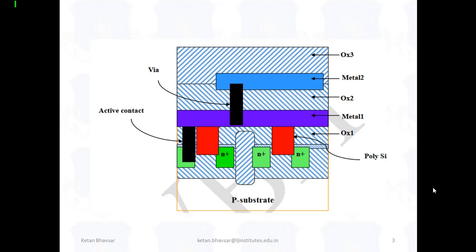Now, as you can see, it's a 3D view of our fabrication technology when we are talking about the fabrication of a MOSFET. Here you can see we are taking the P-type substrate area, polysilicon, SiO2 layer, metallic connections. Again we apply the SiO2 layer, metallic connection and SiO2 layer. With the help of this 3D view, we get a specific integrated chip or design a specific MOSFET, either PMOS or NMOS. This is a 3D diagram of how the steps are carried forward one after another.